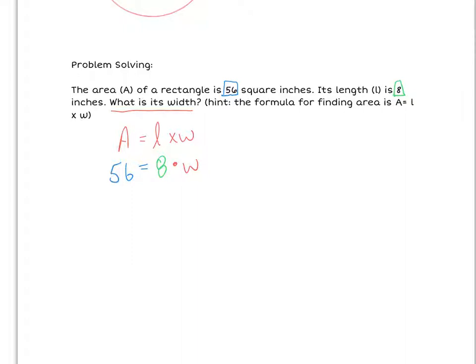8 times W, so I divide by 8 over here, and divide by 8 over here. This side cancels. I have W, and 56 divided by 8 should be 7. You did 56 divided by 8. Oh, I did 6. So we go back to our problem, and we say it's a story problem, so I